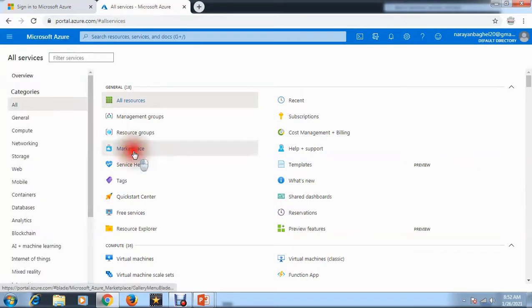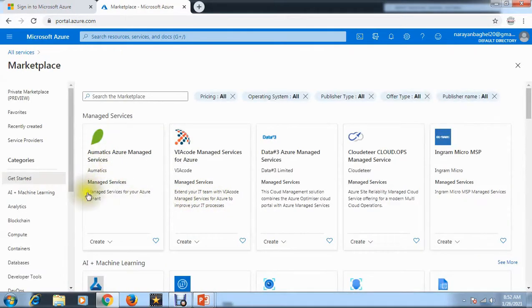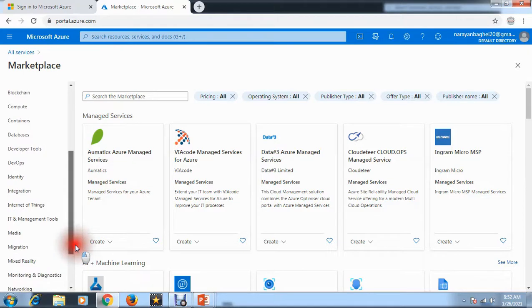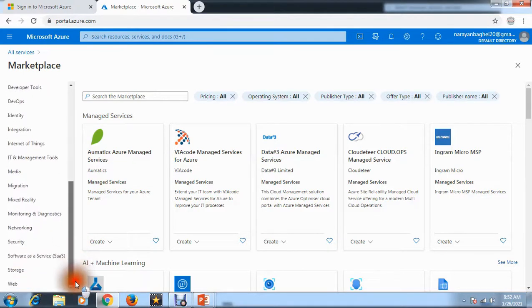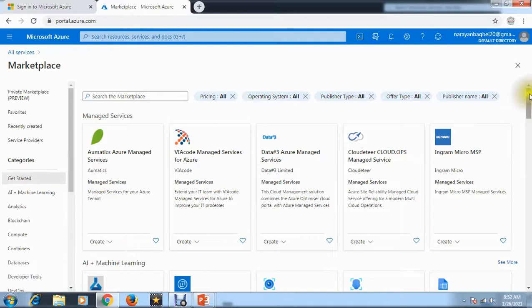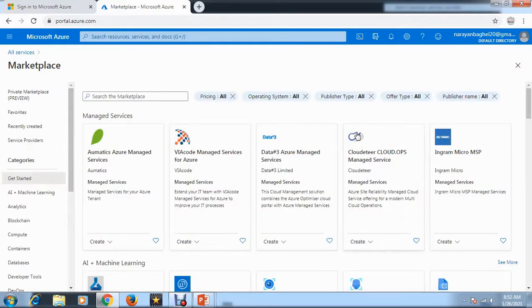You can click from here, and you can see lots of things here. Web, storage, a couple of things are available here. If you need it, you can purchase it, buy it and use it. So it also totally depends on your business requirement.